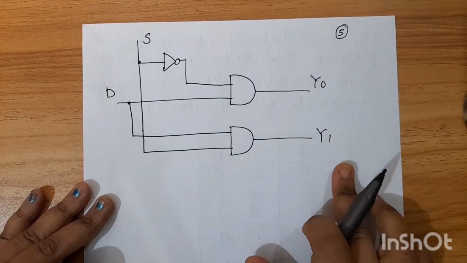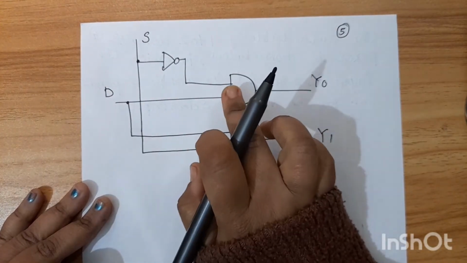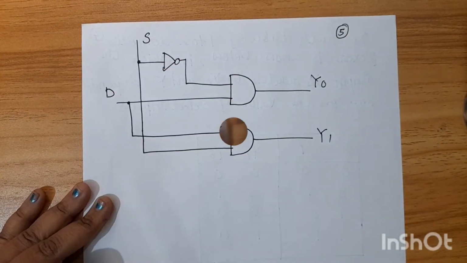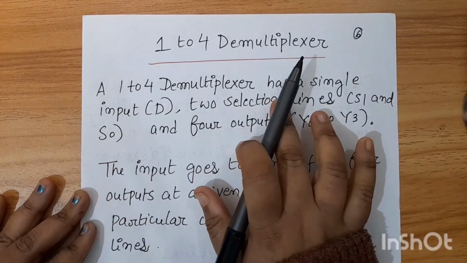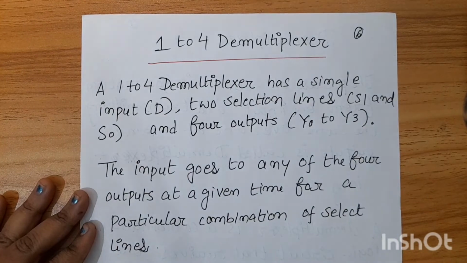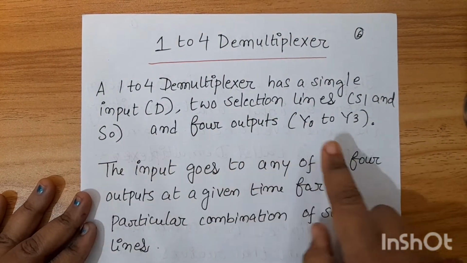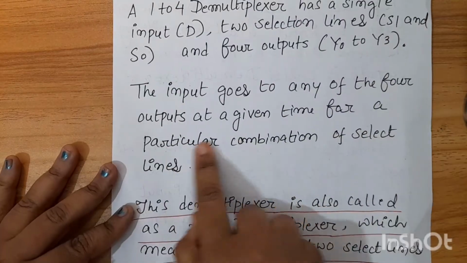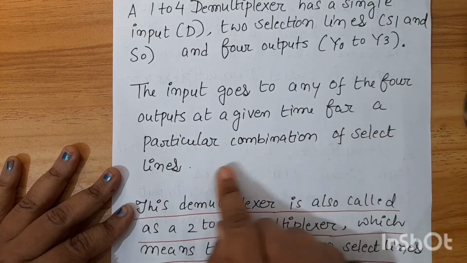You see Y0, Y1, Y0 AND of S1 bar and D, and Y1 AND of S and D. We will discuss the 1 to 4 demultiplexer. A 1 to 4 demultiplexer has a single input D, two select lines S1 and S0, and 4 outputs Y0 to Y3. Now the input goes to any of the 4 outputs at a given time for a particular combination of